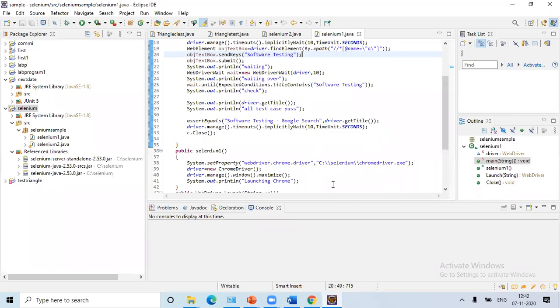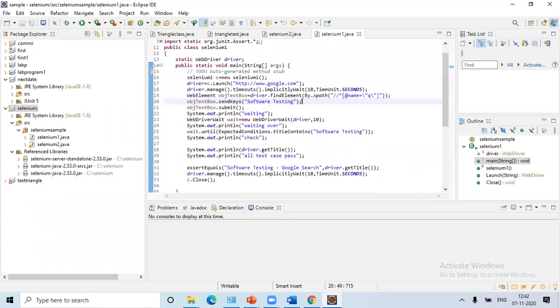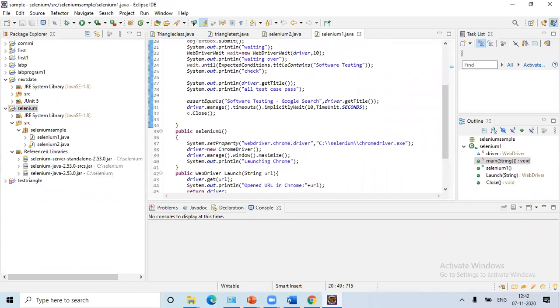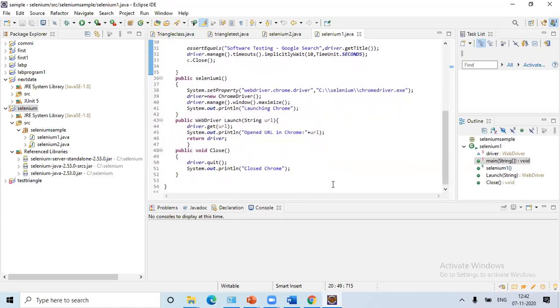Understanding, students? So this is one part. We have discussed how we can set the functionality. Now how we can connect, we'll see. As I told, your web driver is very important for your browser. That's why I have to set the path where our Chrome driver is installed. In the C drive, in the Selenium folder, I have installed chromedriver.exe. So I have to give the path. System.setProperty, I have to give the path where that particular thing is, in Selenium, Chrome driver. That path I have to give.